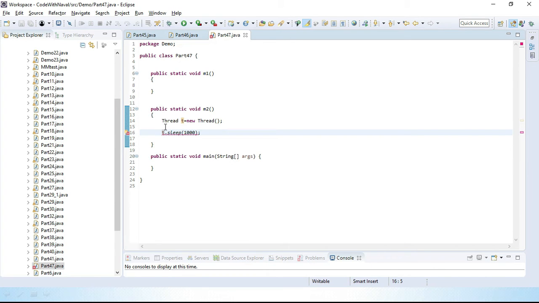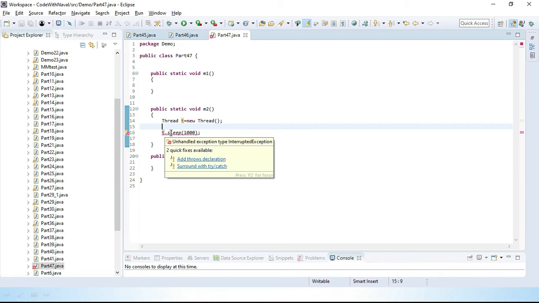Whatever changes we make, Eclipse compiles that code immediately, so we don't need to compile it ourselves. Now we have two options. The first one is a try catch block, which we already saw in the last few videos. In this video we are going to delegate this, so we are going to use the throws keyword.